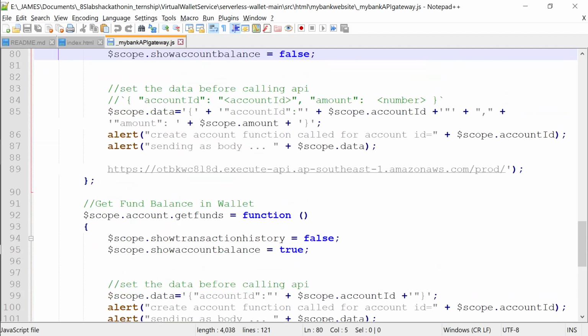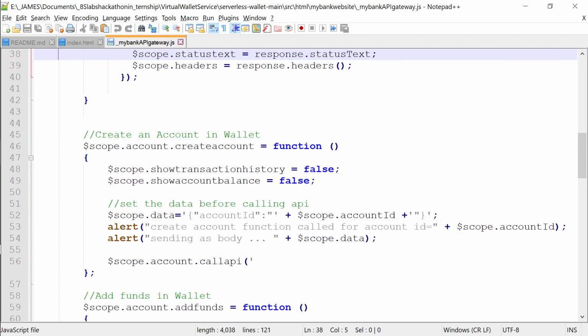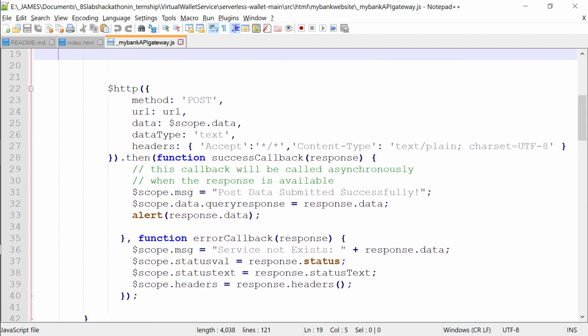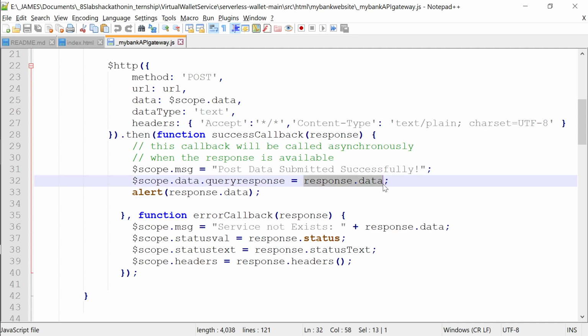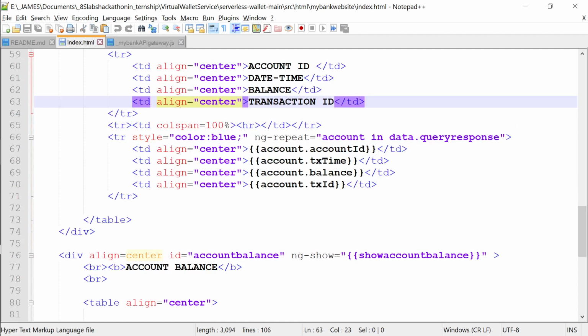Yeah, this is calling the API, and in the API, if you notice, whatever response is coming, it is coming in this variable response or data. That whole JSON is there inside this fellow, and this fellow has been initialized to this variable scope dot data dot response, and this fellow is what I'm using in index.html.